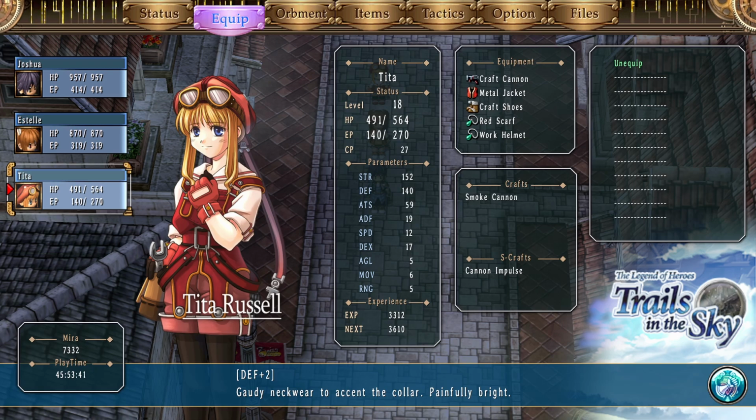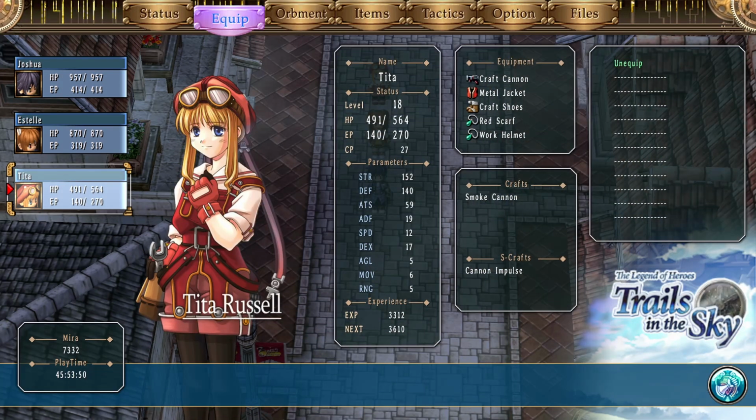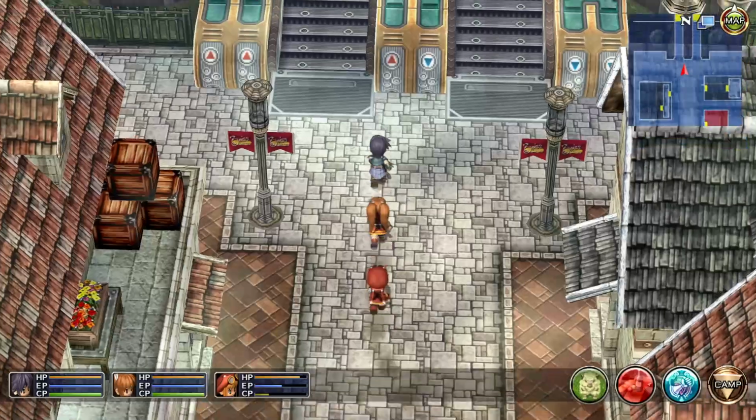You might need to do the mirror trick a couple of times, just making the apple ice creams, just in case you need some additional money. I know that I needed to get some additional money. But yeah, that will be the setup for Taita. She's a couple of levels under everybody else, so we need to kind of protect her a bit more in the fight. Alrighty, so I think I'm probably going to call the